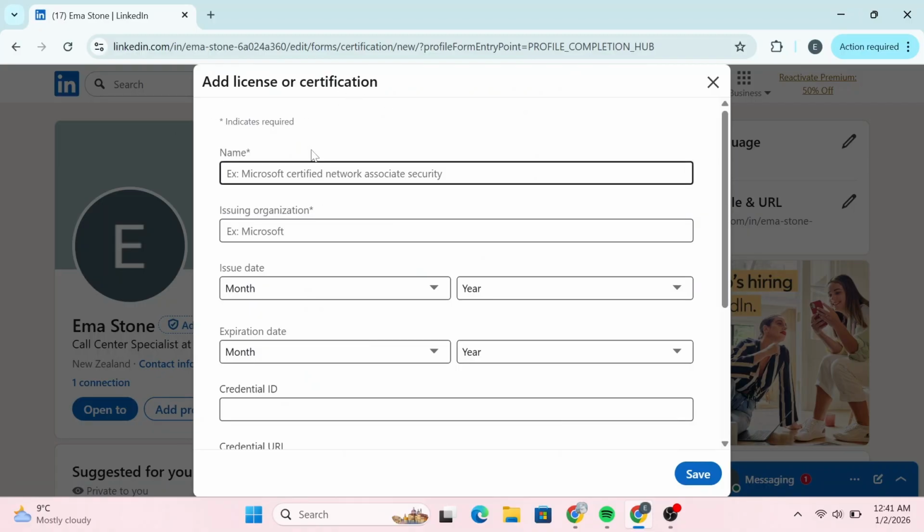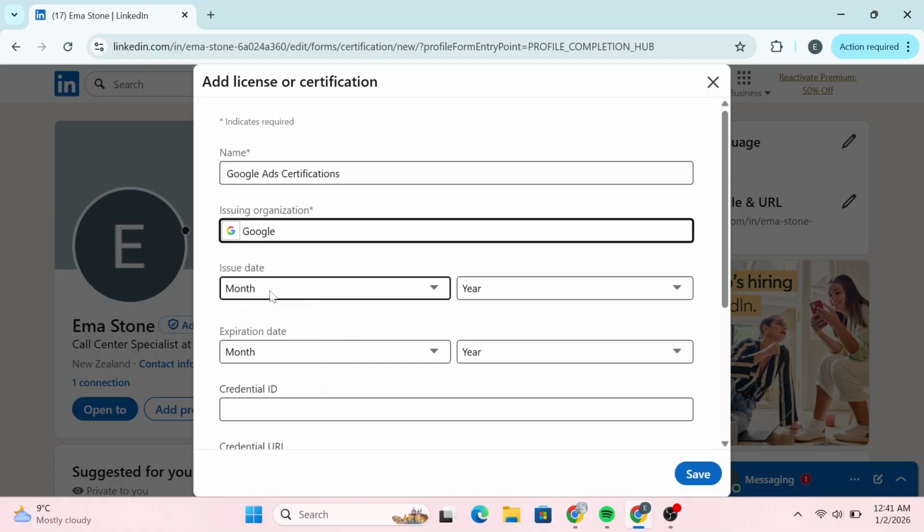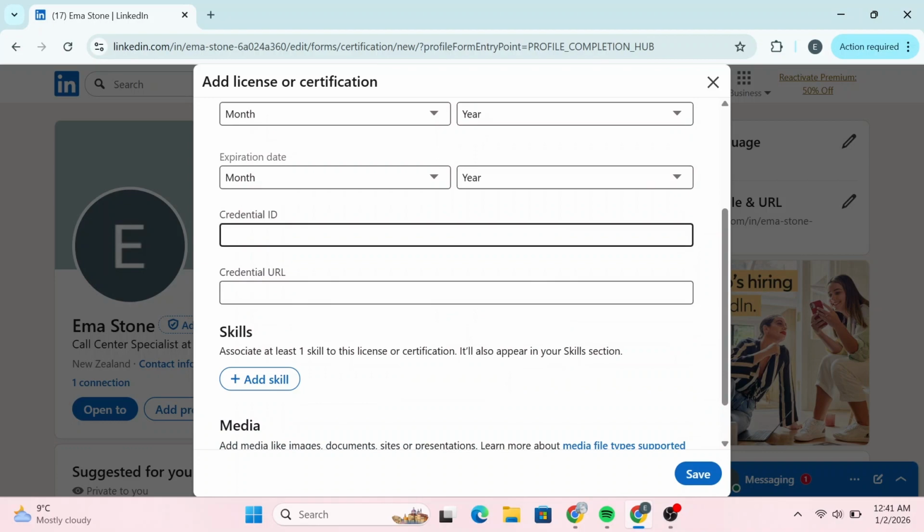So you gotta give your certificate a name. In our case, it's Google Ads certifications, and then you gotta type in the issuing organization, and in our case, it's also Google. After that, you're gonna type in the issue month along with the year. And then you're going to type in the expiration date, such as month and year, your credential ID, your credential